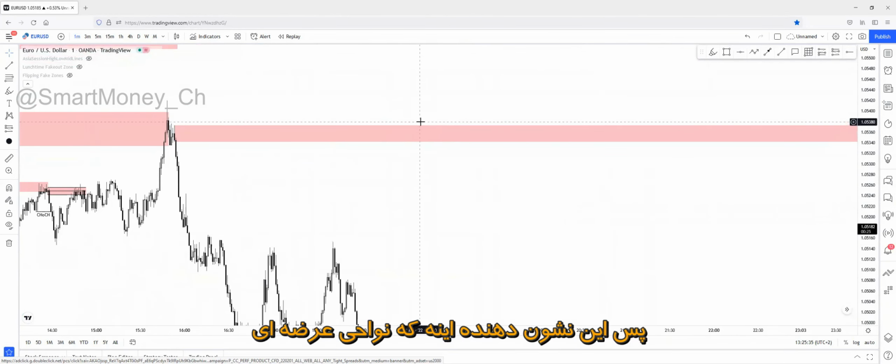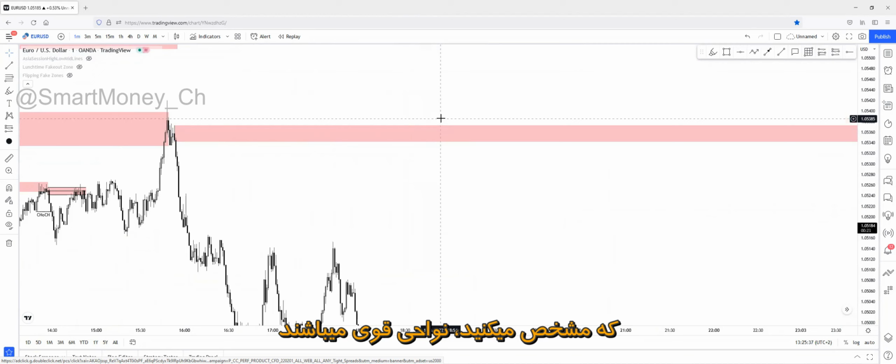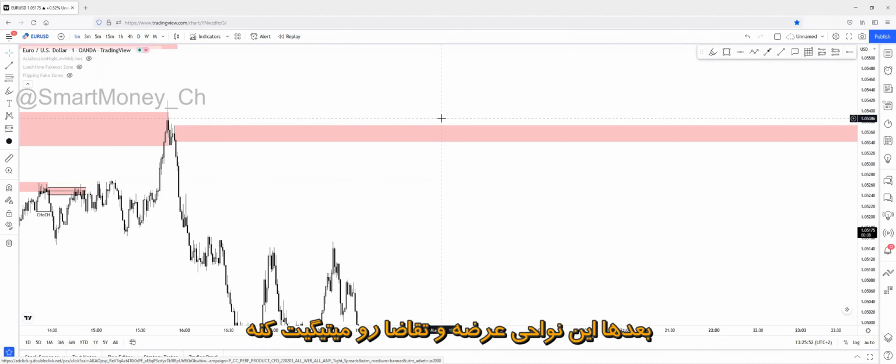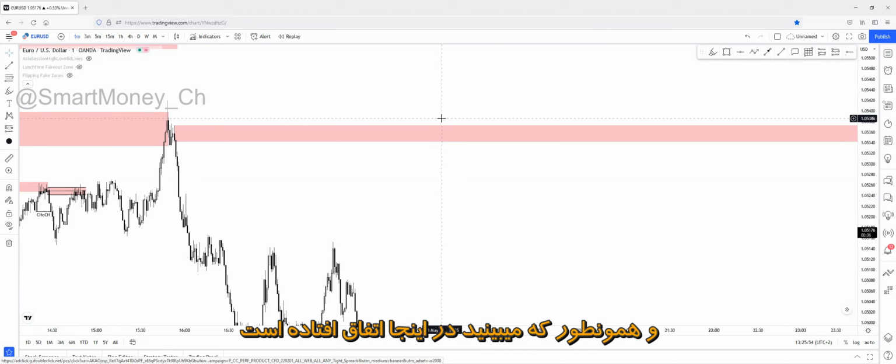So it proves that the supply zones that you're marking out are actually strong, and if they are not getting hit in the session while you're trading, those will still be valuable. So you don't have to delete these supply zones. You don't have to delete these demand zones from your chart, because these supply and demand zones will be valuable. These are still valuable zones, and price has a chance to mitigate these supply and demand zones later, which has